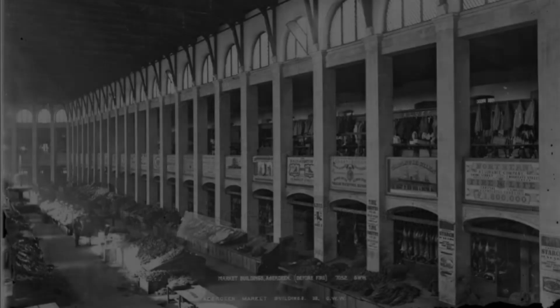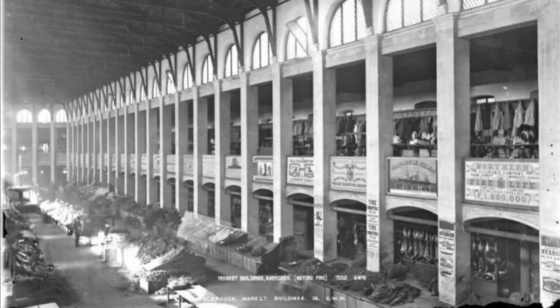Hello, here's a brief history of Aberdeen Market and what has been happening more recently. Aberdeen Market lies close to Aberdeen Harbour. The first covered market was designed by the architect Archibald Simpson in 1842, and the adjacent street was named Market